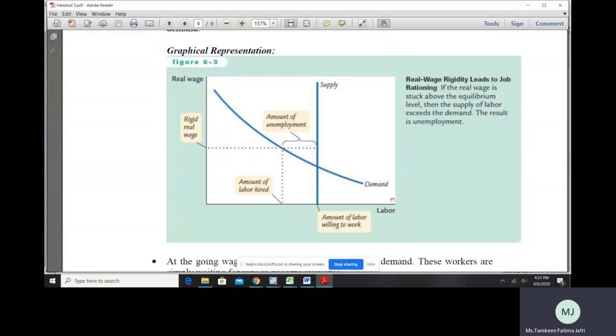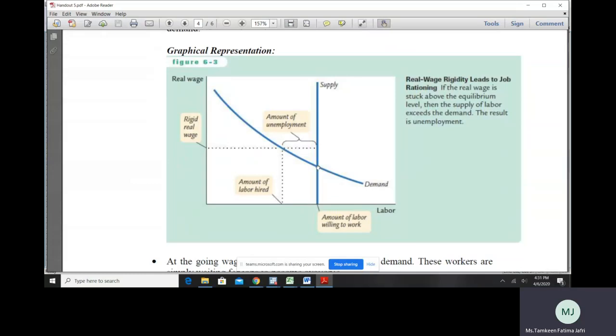Labor demand is downward sloping. This should not come as a surprise to you: as real wage increases, the cost of hiring labor increases, so the demand for labor decreases. Hence, a downward sloping labor demand curve. Now, equilibrium in the labor market is obtained where the labor demand equals the labor supply, which is this point. At this particular point, the supply of labor equals the demand. So there's zero unemployment in the economy.